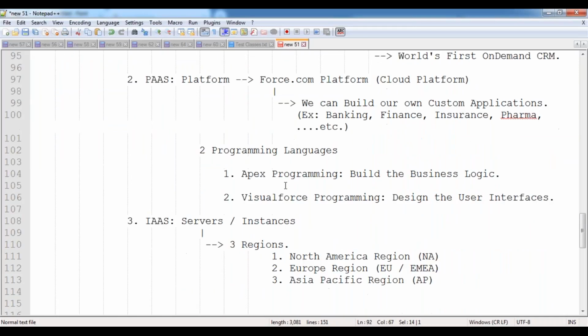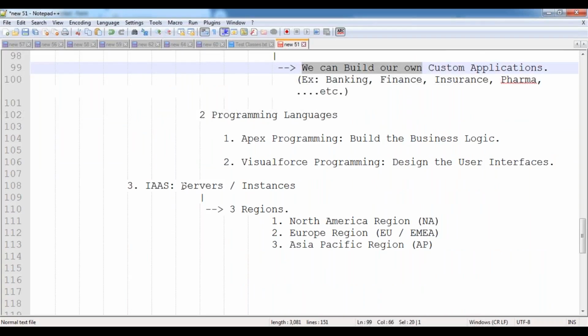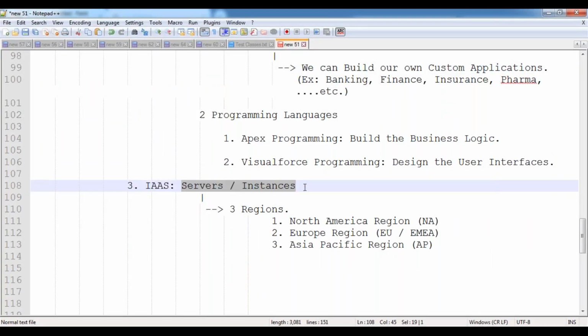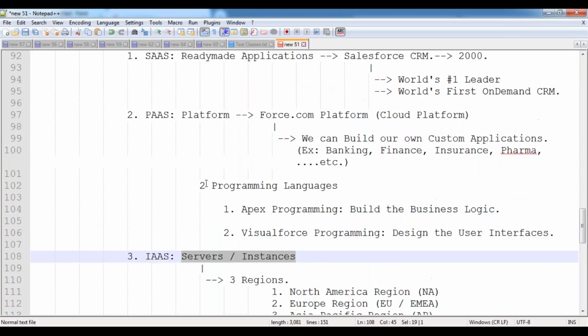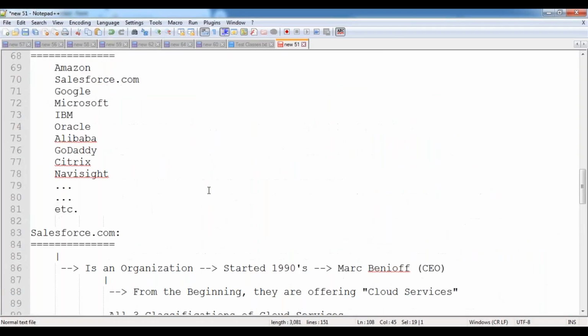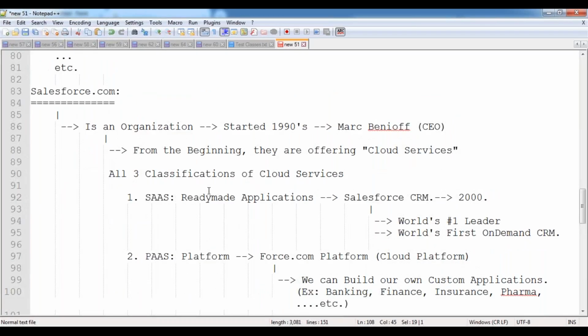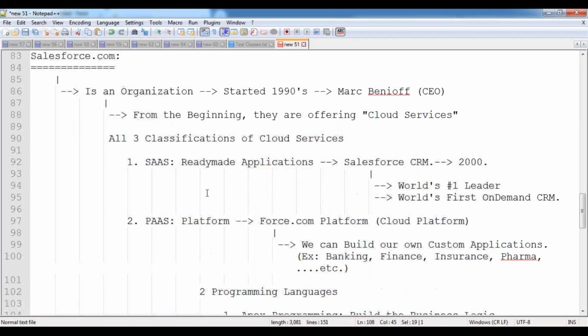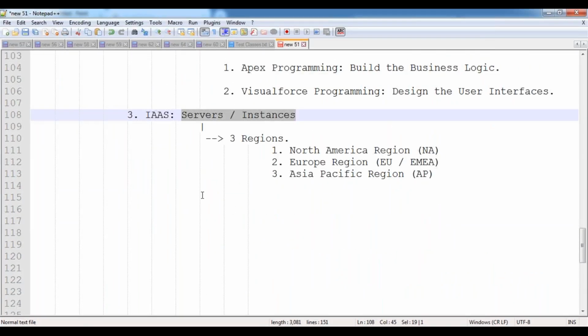Along with that, we can develop our own custom applications by using the Force.com platform, and then store that whole application and data inside the servers given by Salesforce by default. This is an overview of Salesforce and the services they are offering to their customers.